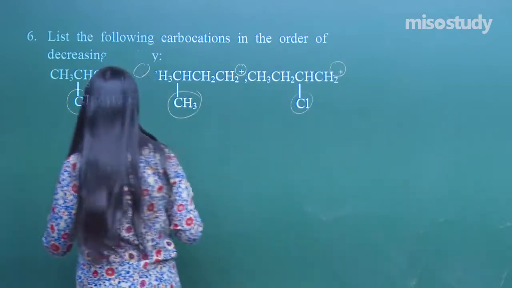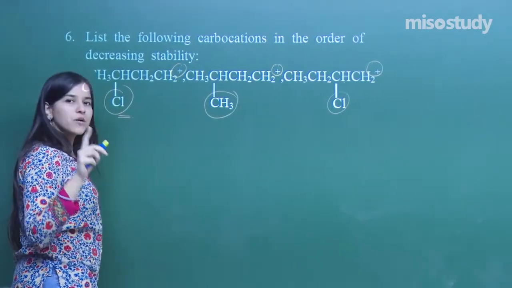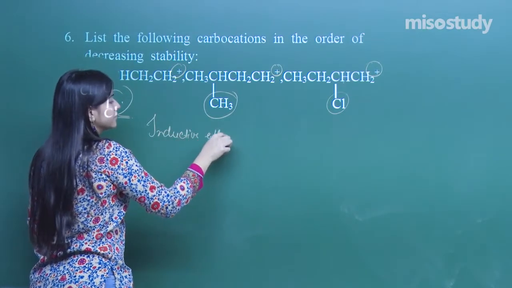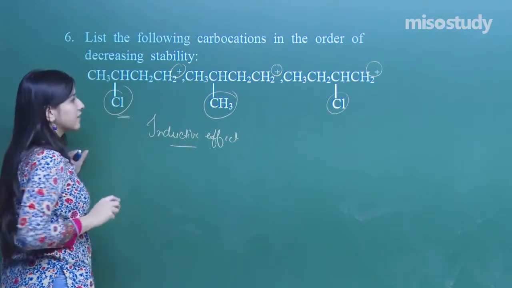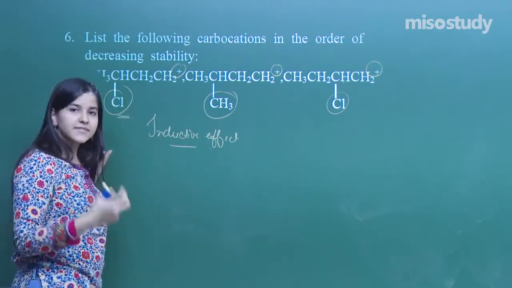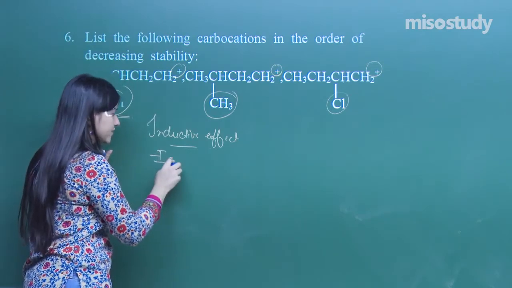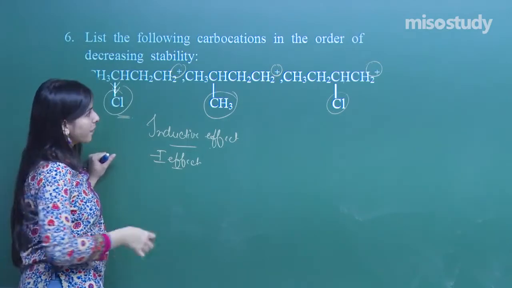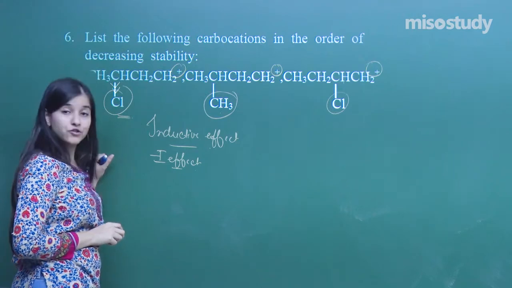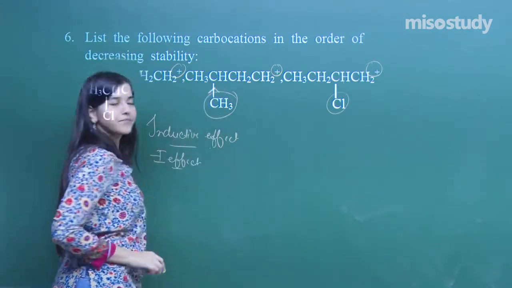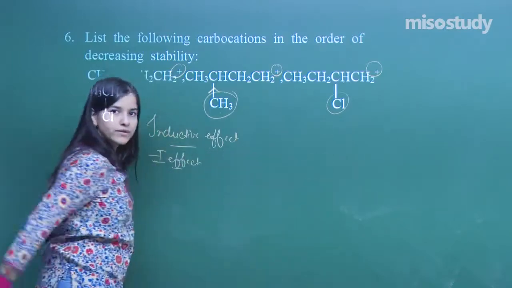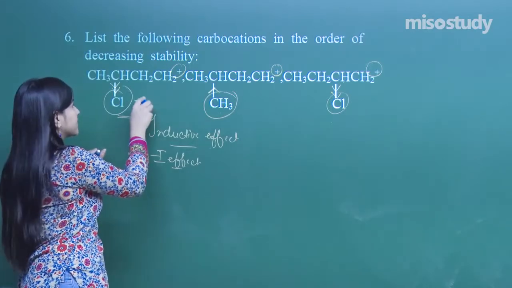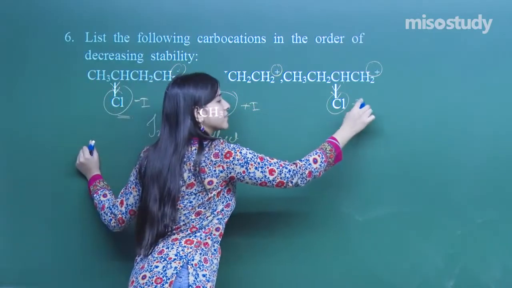So see here, chlorine. We will talk about the inductive effect in this case. Inductive effect. Cl. What kind of an inductive effect does Cl show? Minus I, yes, it is attracting one. Fine. What kind of an inductive effect does CH3 show? It's an alkyl group, it's a donating one. Clear? Now coming on to this one, again an attracting one, right? So this is minus I effect, this is plus I, this is minus I.